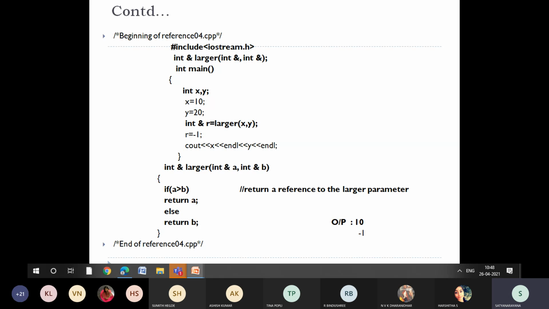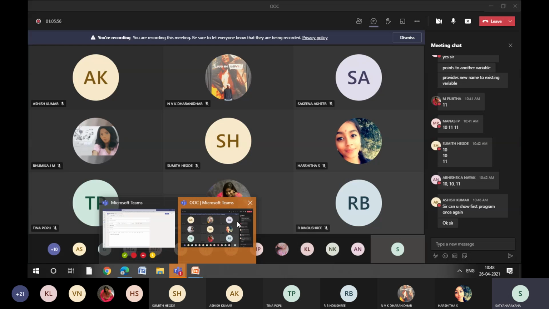So what is this program all about? At least you explain that. Nobody is there in the meeting except one or two. So many are there.